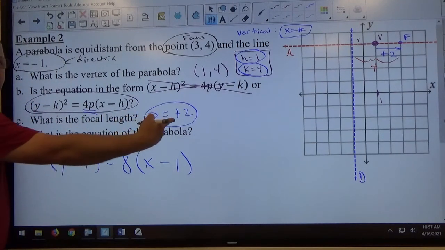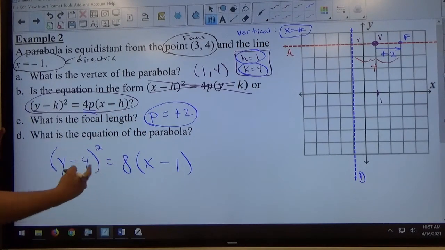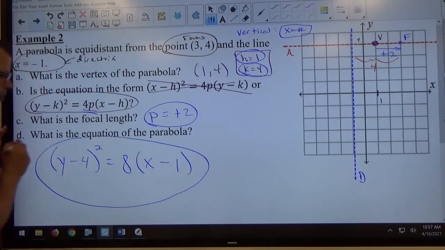If p happened to be a negative 2, this would be negative 8. So the sign of p matters as far as the standard form you create. This would be the standard form of the parabola. And again, that's what we're looking for. This is the technique. Right now I'm going to walk you through it like this, but eventually I'm going to expect you to be able to do all this stuff. You need to know the vertex, the focal length, and which standard form. Once you have that information, you can just write your answer out. So like on our practice problem, they